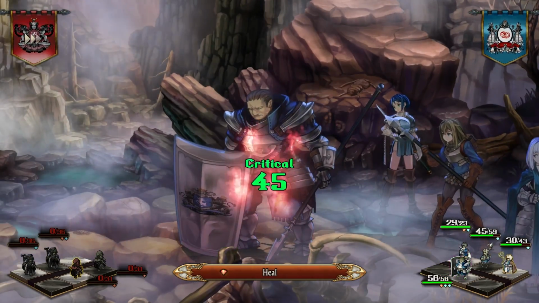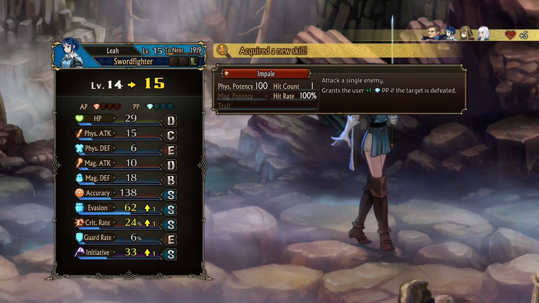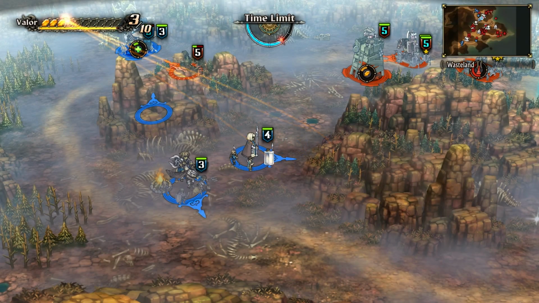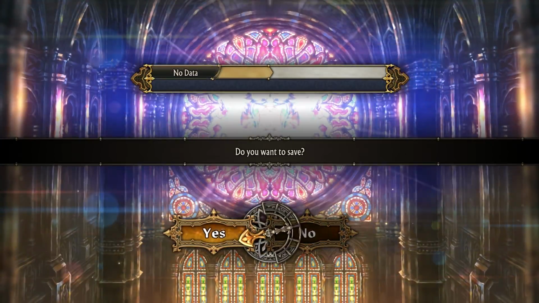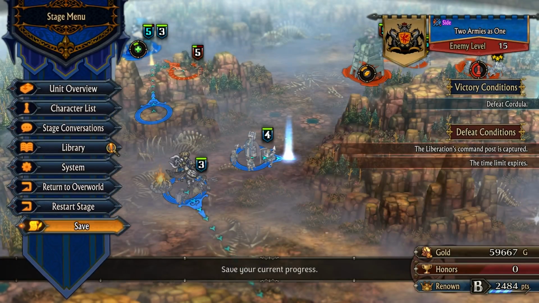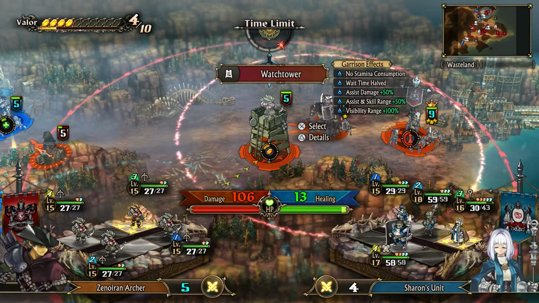I'm here to help. Are you okay? Not bad. Okay, so you learned Impale. Oh, that's why you didn't have that. Okay, so I'm gonna do a quick save here. I'm gonna try and get the slow unit across this border before the geysers come back on, but it might not make it, so...